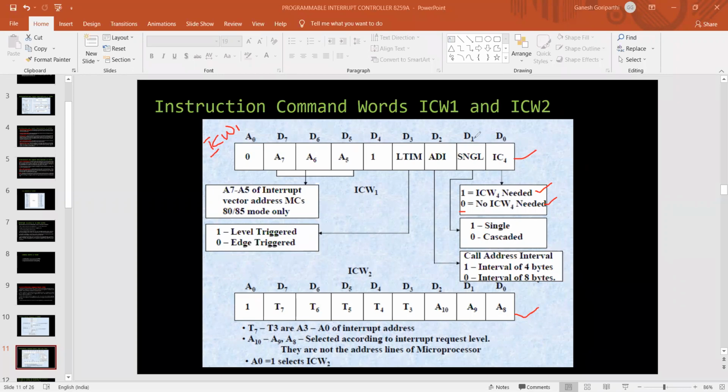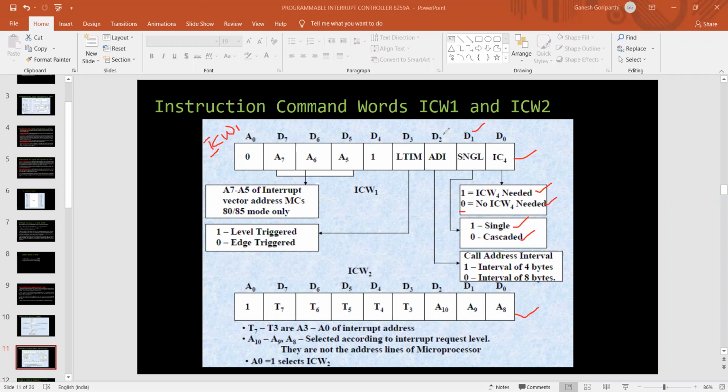That is the information given by the D0 bit. And the D1 bit, what is it stating here? This tells the processor whether the 8259 is single or mingled. Mingled means whether it is operating in the cascade mode. So that is stated by this D1 bit. If it is 1, it is single. If it is 0, it is mingled, that means it is operating in the cascade mode with other 8259s.